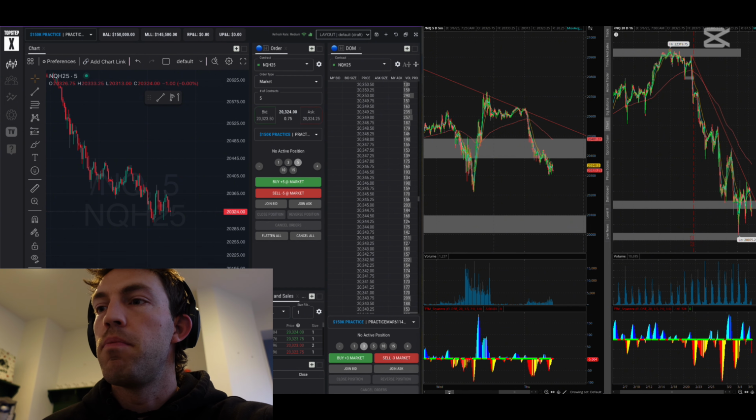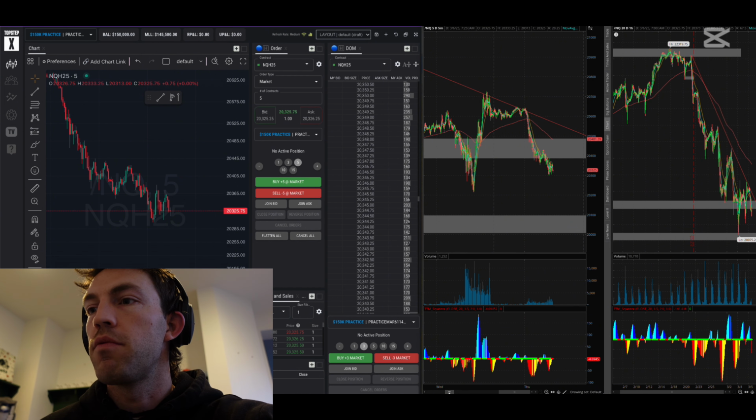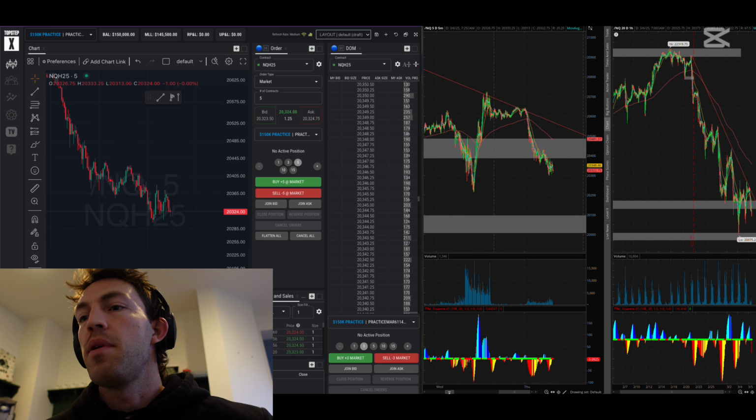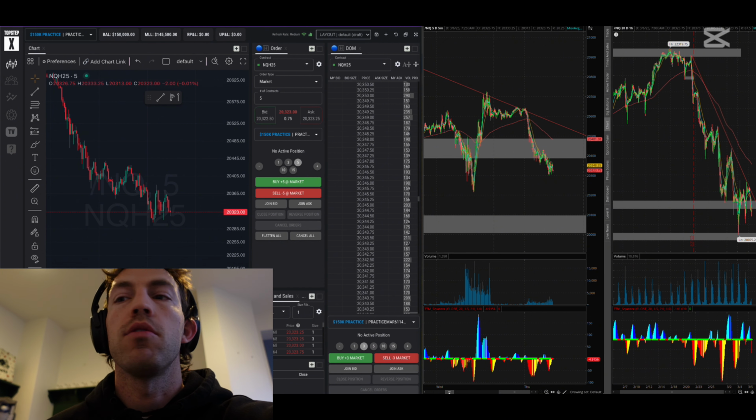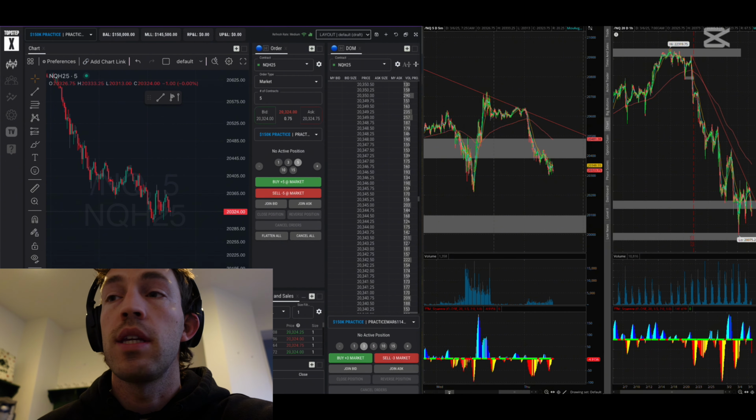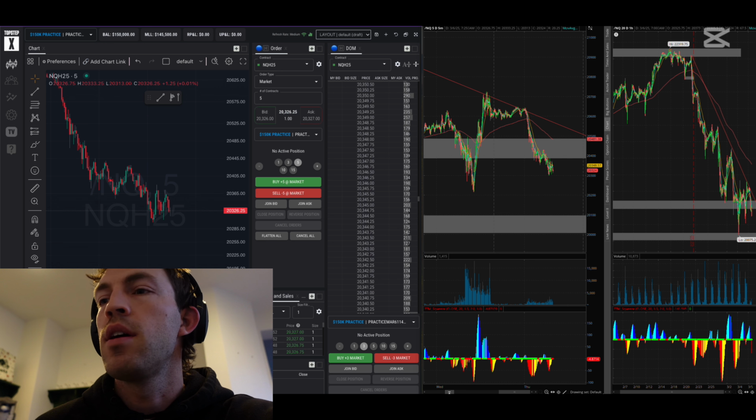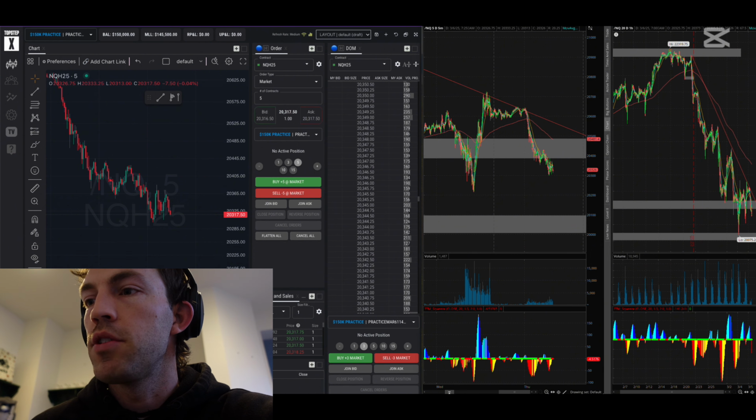So we have this buy box here, if you can see, from 20481 to 20388. Basically what that means is it's support on the daily zone. So I mark that on the daily zone so I can see that on my intraday time frames, so that I know that I want to go short if it comes up into this sell zone